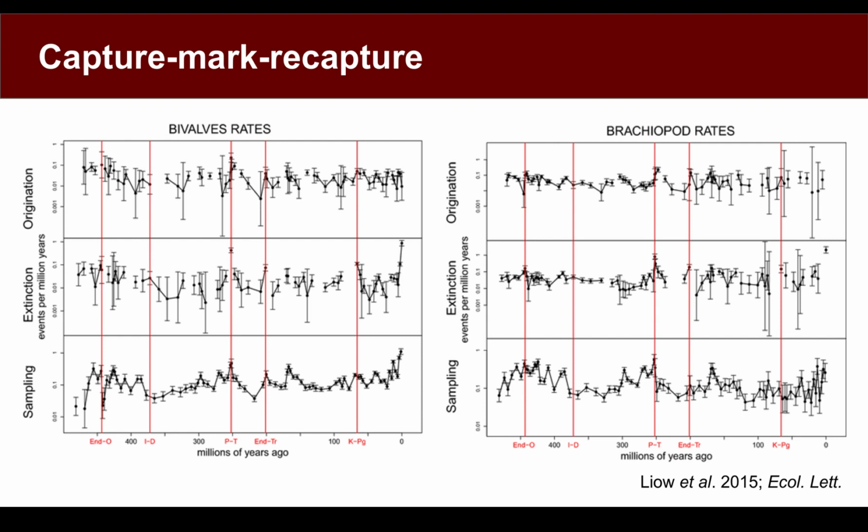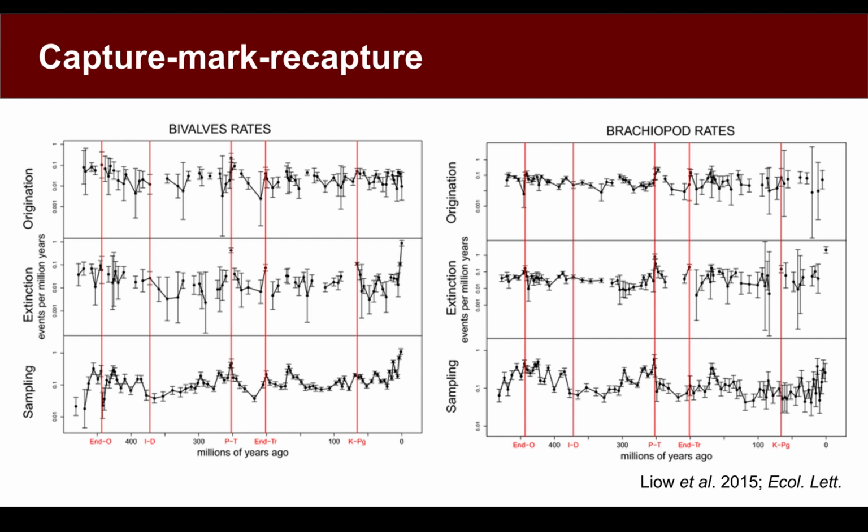Let's say you're interested in the population of a particular species of bird. You could go out and collect birds. When you collect one, you can put some kind of mark on it, say a tag. Then you release it, go and collect another bird, and put a tag on it if it doesn't have one. Eventually you're going to start to recapture the same birds, and you'll see that the tag is already in place. So if the population size is very small, you would find that you're recapturing things you'd already marked very frequently, whereas if the population is large, you would find birds without marks already on them more commonly.